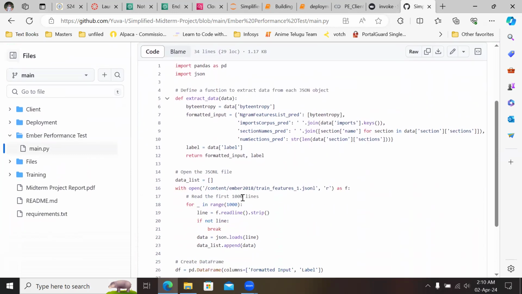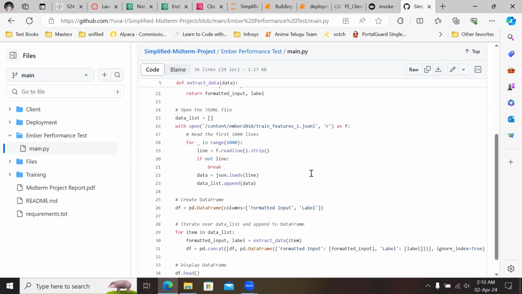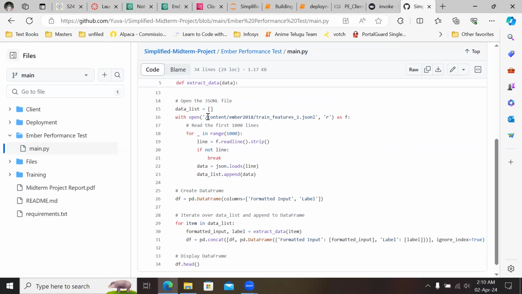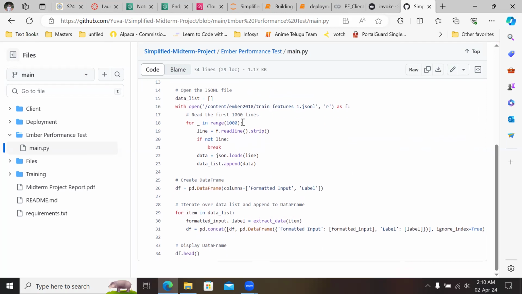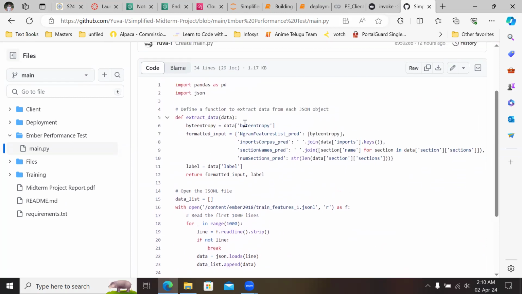What it is going to do is it will access the downloaded Ember dataset JSON file, and it will fetch out the first 1,000 samples from it, and it will extract these features from each one,